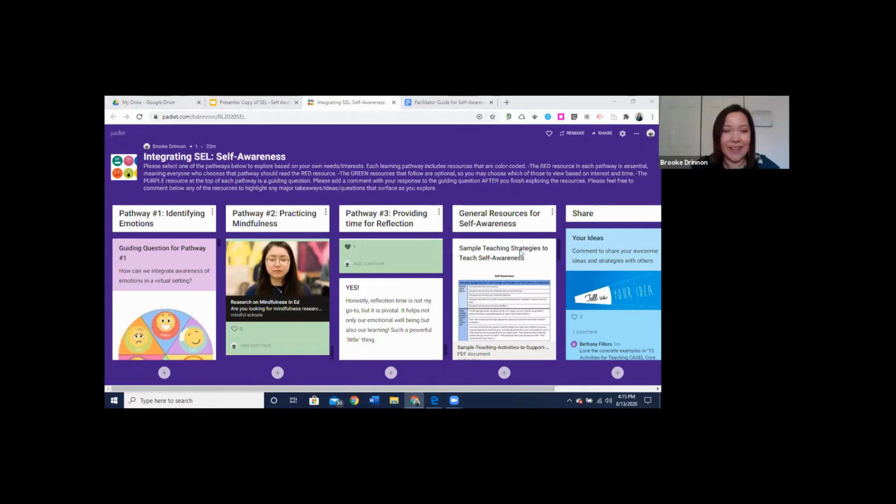Absolutely. Yeah, I love the idea of bite-sized, whether it's bite-sized mindfulness or Lauren says that she teaches special needs children and allowing them to pick a feeling face to let them know how they're feeling because many of them are nonverbal. So that's a really good strategy to use with them. Just to identify those and then teach them strategies to process those emotions. And I think we'll talk a little bit more about that in the self-management session next week.